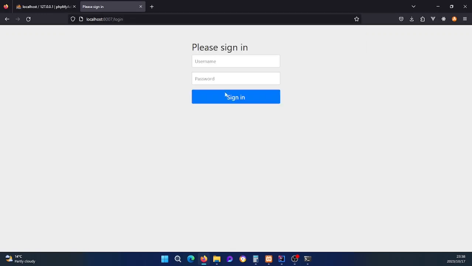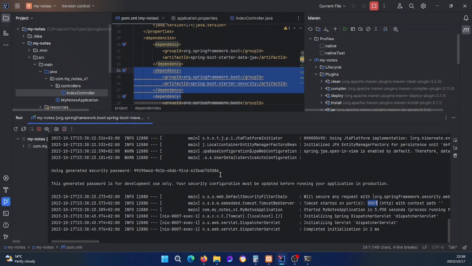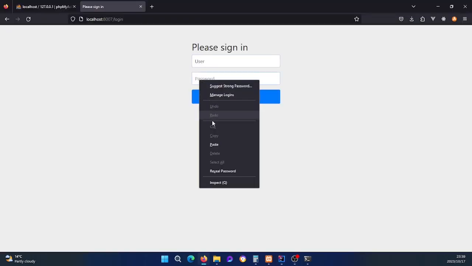So now if you're wondering, by default Spring Security has an account called user, which is this one, right? And then the password we're gonna get within the console. So if I come back here, every time you run the application with this default configuration of Spring Security, it generates a password when you run the application, which is this one over here. So I'm going to copy that, and then we're going to go back to the app, paste it in there,